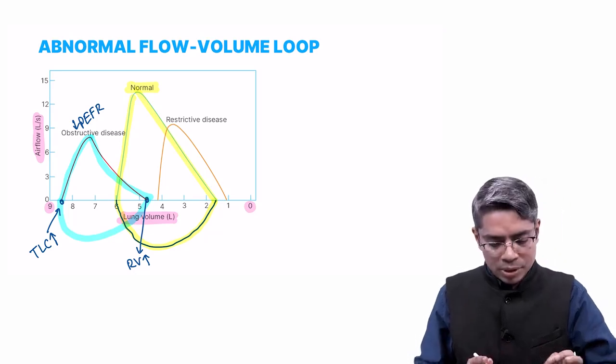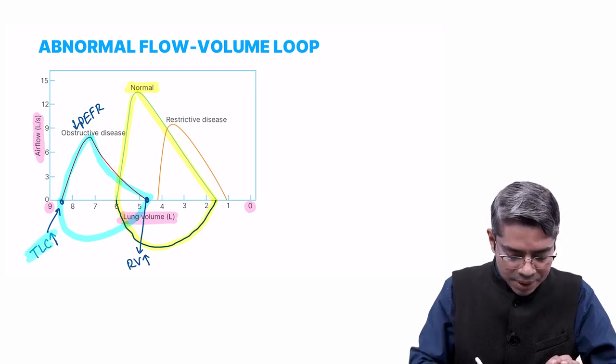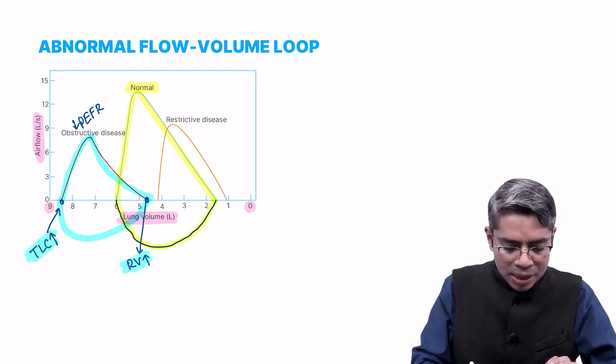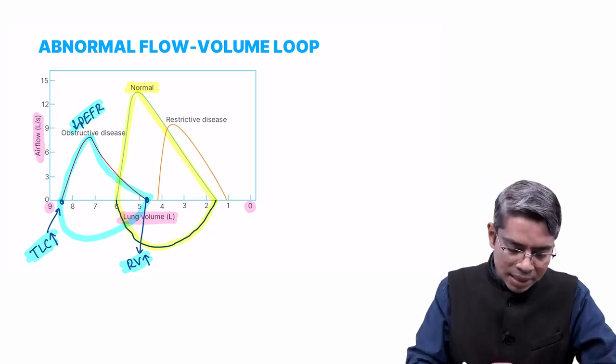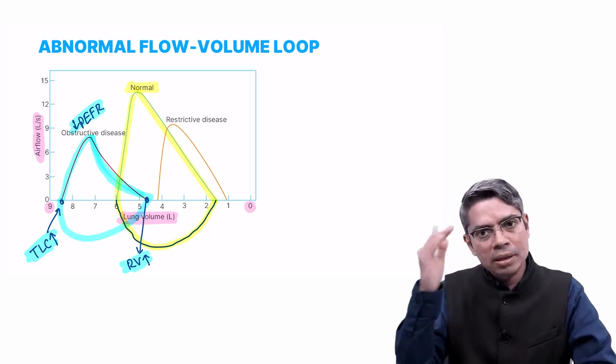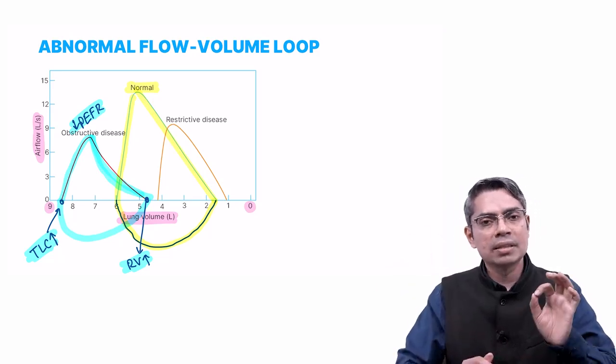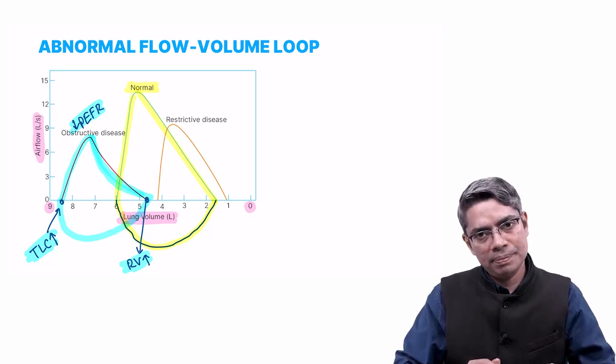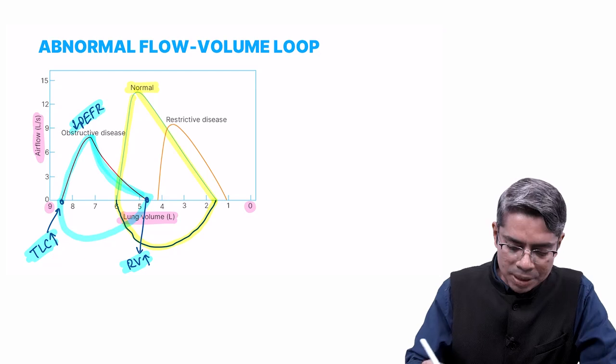Okay, so if the TLC is high, your residual volume is high, and your PEFR has been decreased, and there is a depression in the expiratory portion of the curve, mainly on the right hand side of the curve, then this is typical of obstructive disease. Okay, and in restrictive disease,